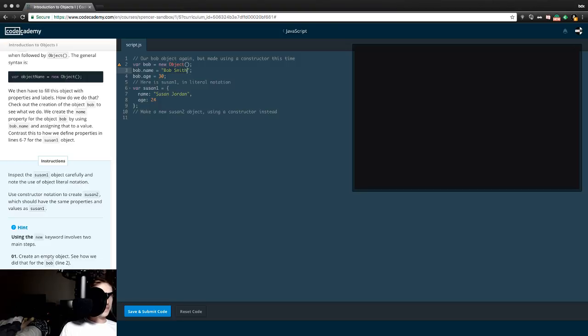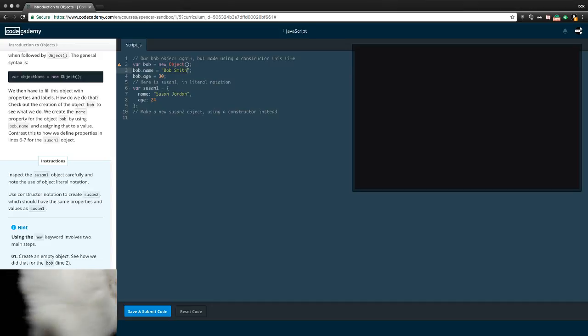We've got bob.name, which equals Bob Smith, and bob.age, which equals 30. Here's Susan1 in literal notation. Variable Susan1 equals name, and Susan,